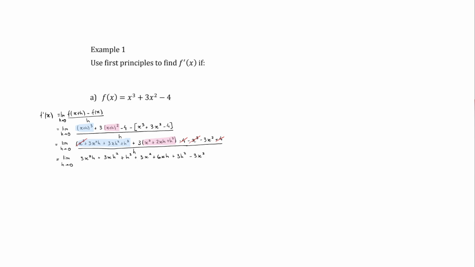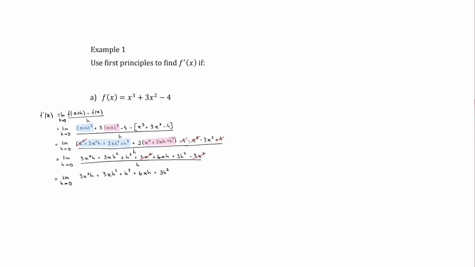And here again, I see that I can further cancel the positive 3x squared with the negative 3x squared to get the limit as h approaches 0 of 3x squared h plus 3xh squared plus h cubed plus 6xh plus 3h squared